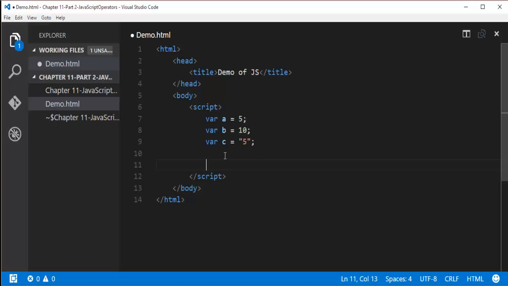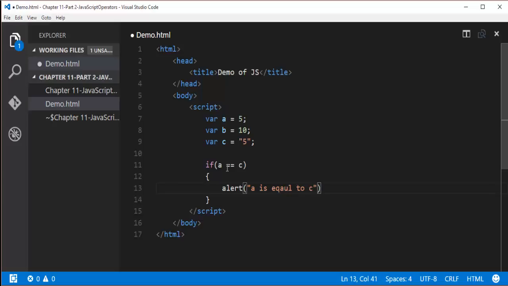Now what I'm going to do is I'm going to compare this A is equal to C. Okay, obviously it's not equal, because this 5 is different, because it's a number 5 and this is string 5. So our output, whatever we are going to get, is that A is not equal to C. Now let us check what is the output we are going to get. A is equal to C,